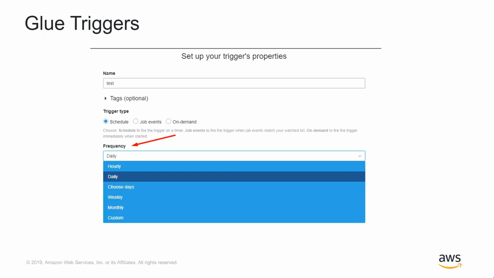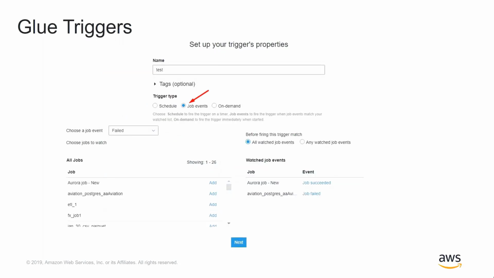So you can pick a schedule. The second part of job execution is to schedule our pipeline on a particular routine